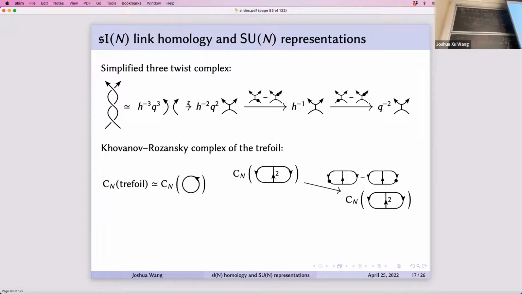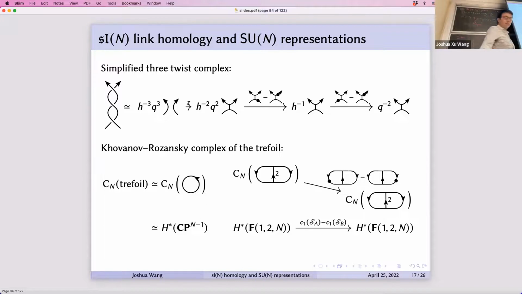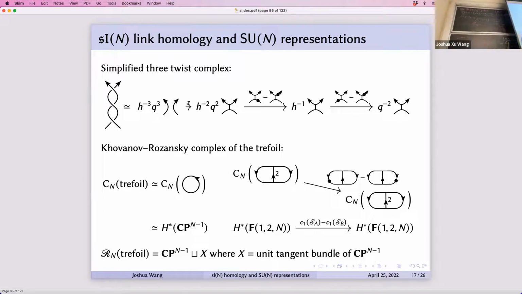But then there's an interesting piece left over, and it goes from the state space of this theta graph to itself, and the map is this difference of dot maps. And we can identify these complexes with the cohomologies of these spaces, the cohomology of projective space, the cohomology of this flag manifold. And now it's mapping to itself by cup product with this difference of first Chern classes. Okay. And I'll remind you that the trefoil, its representation space, is a copy of this projective space,